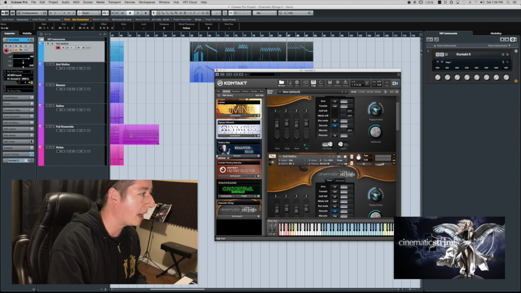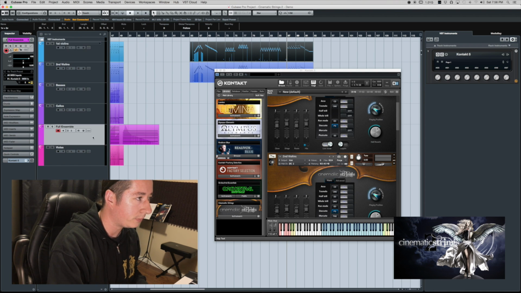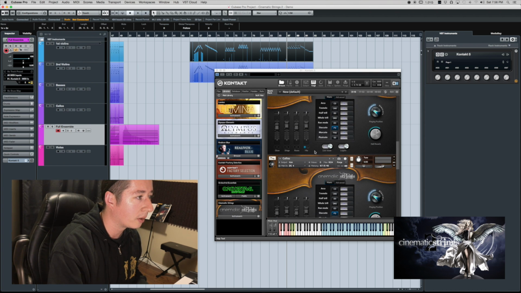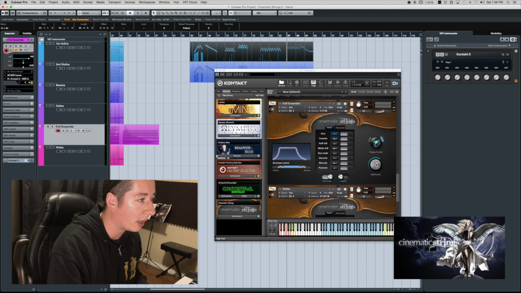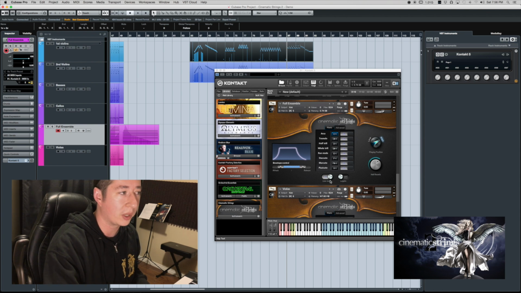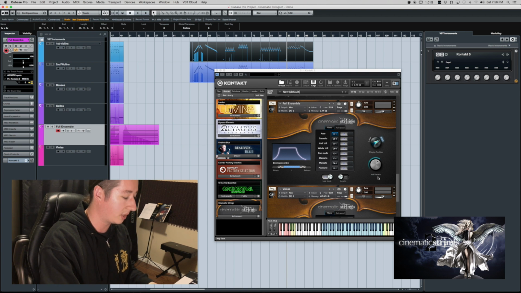Alright, yeah, so going back into Cinematic Strings 2, there's also a lot of options for reverb. There's a live mode, which is pretty cool. Live mode just kind of gives it an extra little bit of realism, and if you use that in conjunction with run mode, it's going to have a really nice fluid sound. But yeah, it has its own reverb, which is built into it, which sounds pretty nice. Here, let's go ahead and